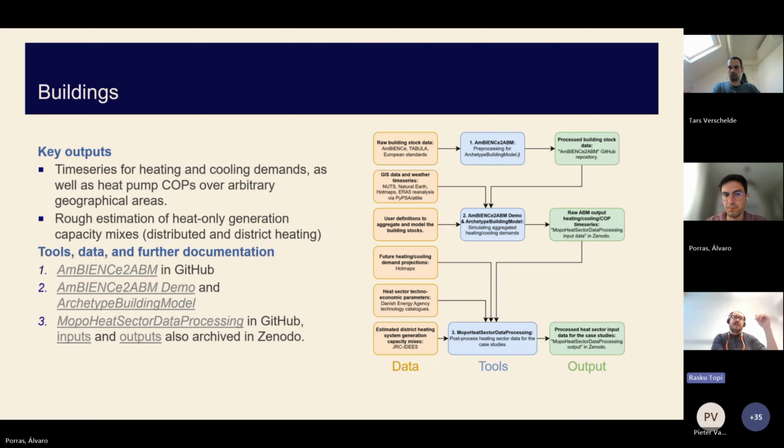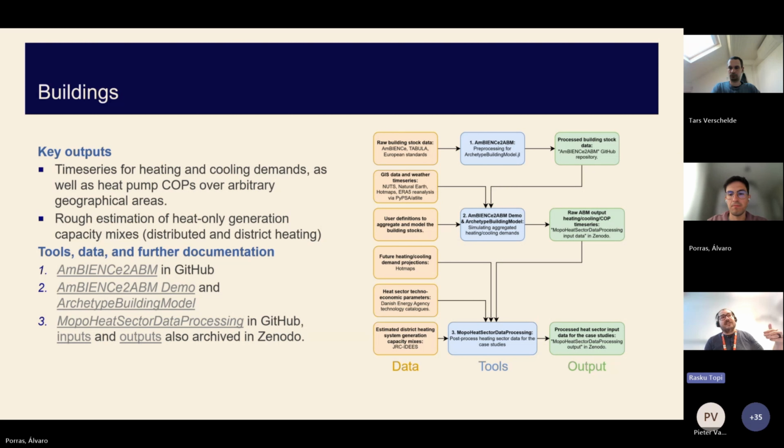The data set that Álvaro has made is for country level because that's where most of the data is. But technically, it is possible to use the tools that are also openly available, shown on the figure on the right, to do this kind of estimation for an arbitrary geographical area. The tools are not very easy to use, but they are technically capable of that.